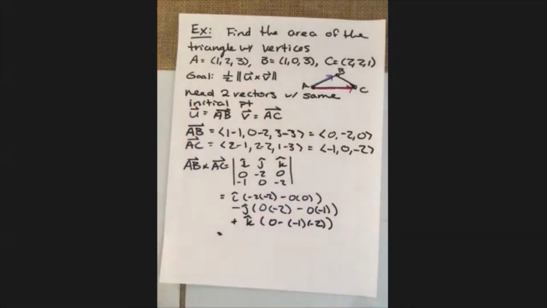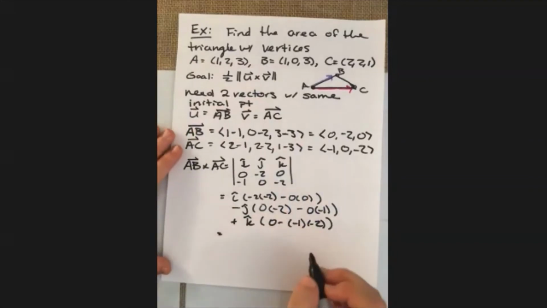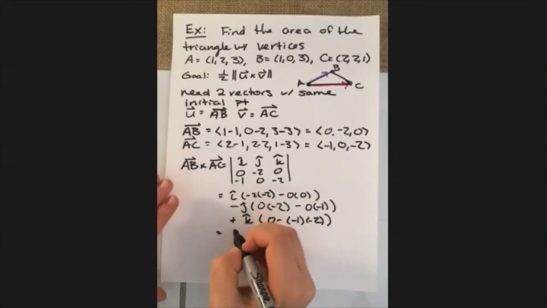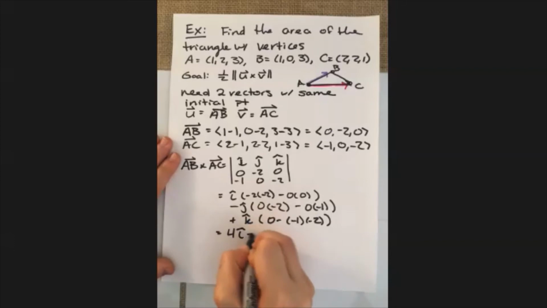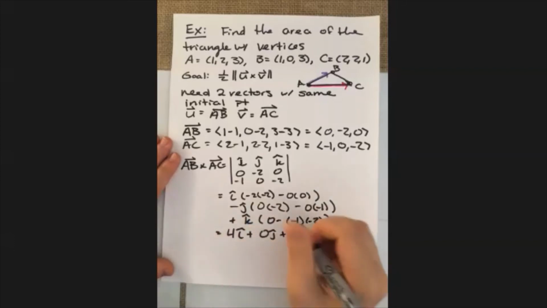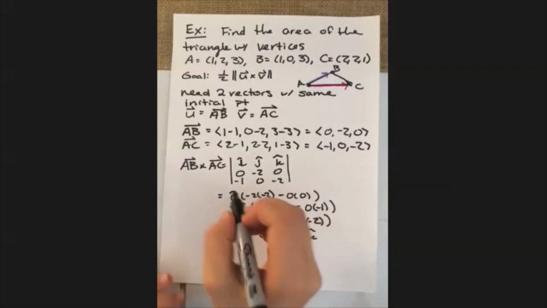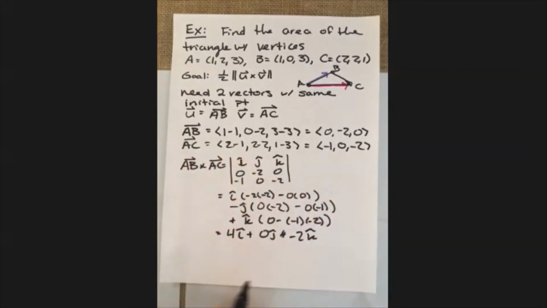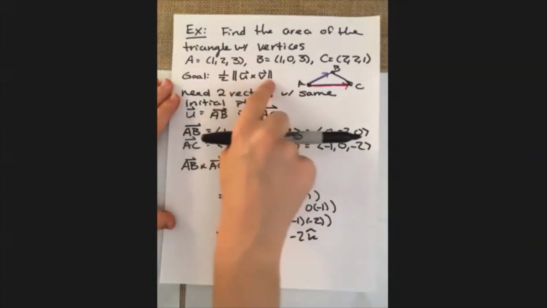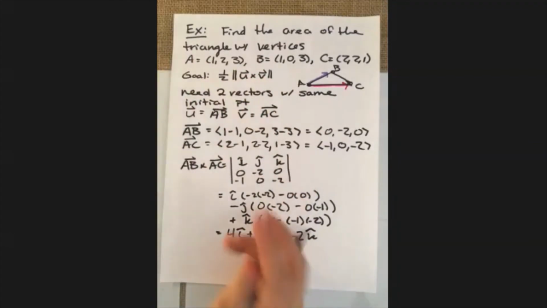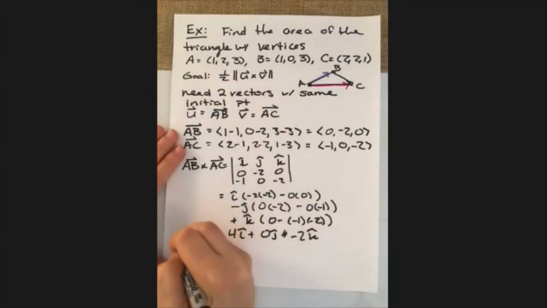Okay. Simplify each one of these down in each of the components, and you are going to get the vector 4I hat plus 0J hat plus, oops, that should be a minus 2K hat. All right, so that is our vector AB cross AC, and that's kind of what goes into this right here. So now we just need to take the length of that,